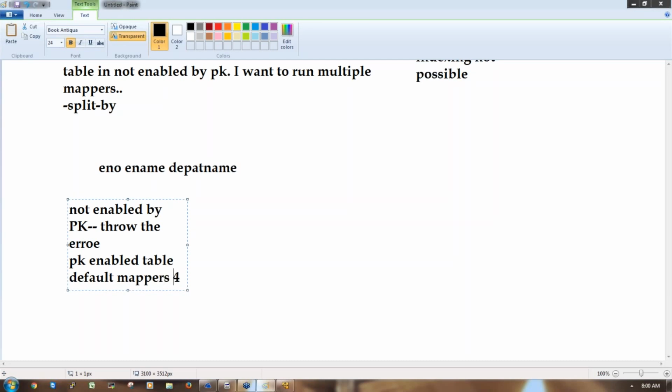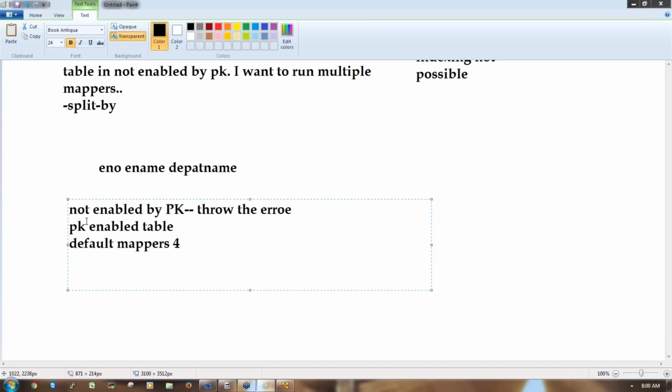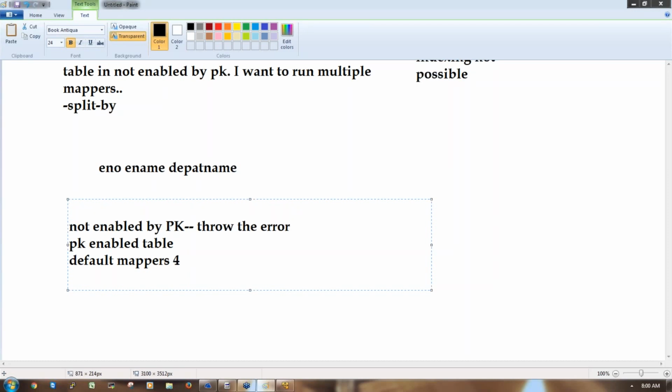Even if you don't specify the number of mappers, it uses 4 mappers to import the data. Suppose the table is not enabled by the primary key and you don't specify the number of mappers, then it will throw an error. If the table is enabled by the primary key, we need not specify the mapper.